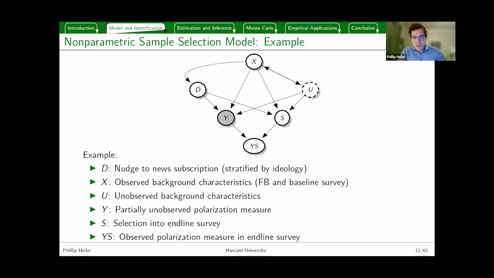Now, if you're in this setup here, you can think about this in terms of what hypothetical worlds exist here when the treatment is exogenously set to either 1 or 0, right? There's just you being nudged or you're not being nudged. And if you think about which variables are caused by D, there are two variables which are,